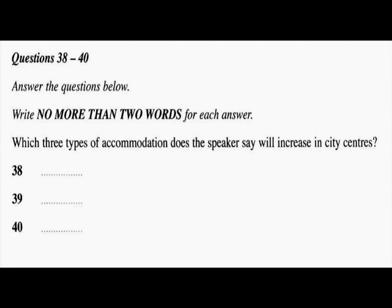And despite continuing shortages, there will also be a rise in the provision of retirement homes in city centres so that the elderly can have easy access to hospitals and shops. Recently, we have seen a levelling off in the growth of private housing, and I think that will not change. But we are likely to see more social housing, as far fewer people will be able to afford to own their own homes. OK, now, if anybody has any...